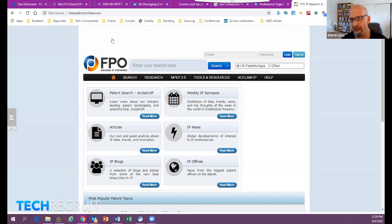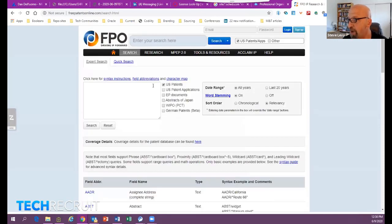And the cool thing about it is it allows you to export your results in a format that makes sourcing exceptionally easy. For example, Dina mentioned Medtronic as being one of the companies associated with ventilators. So what I'm going to do, and this is very technical, there are all the different fields you can search on for patents, detailed below, and there's a strategy behind it. But I'm just going to look for patents that are